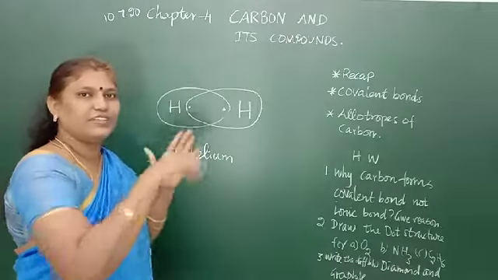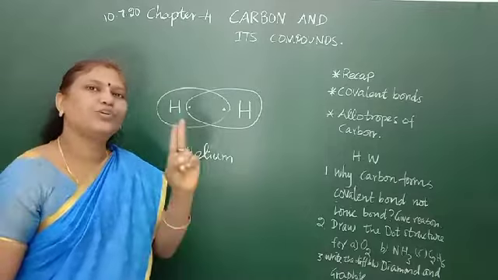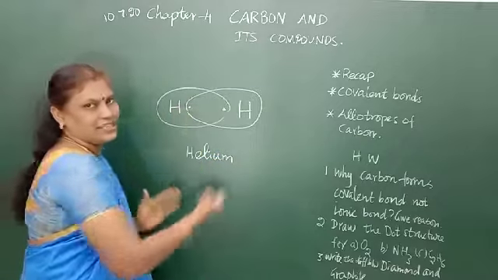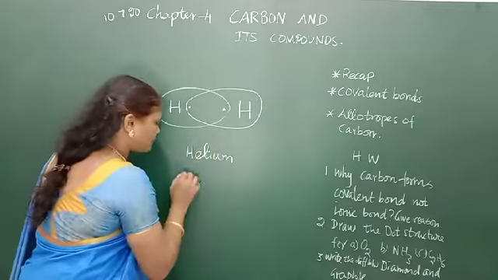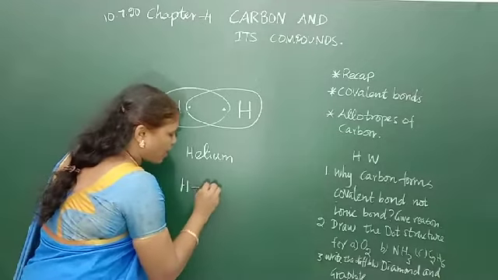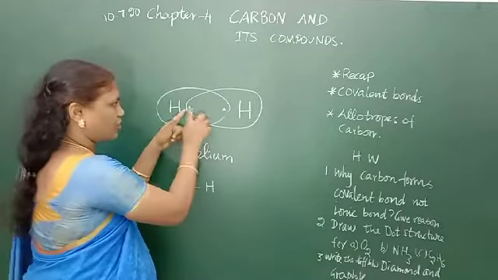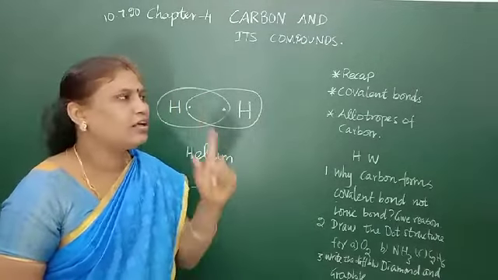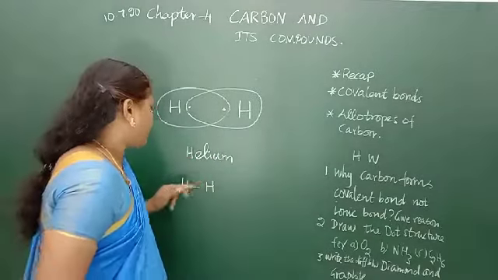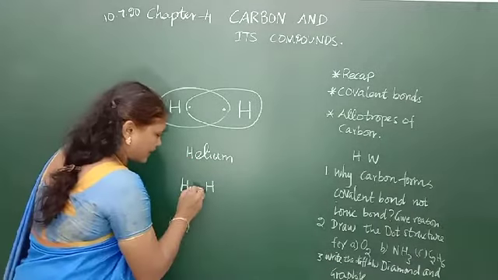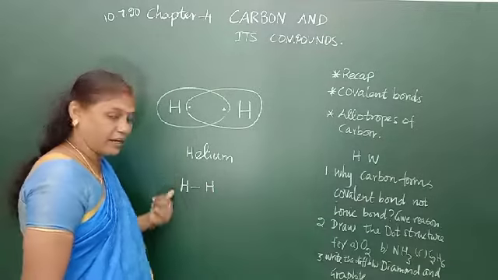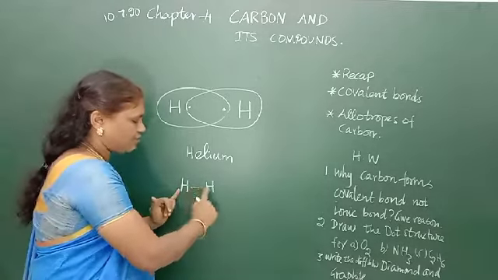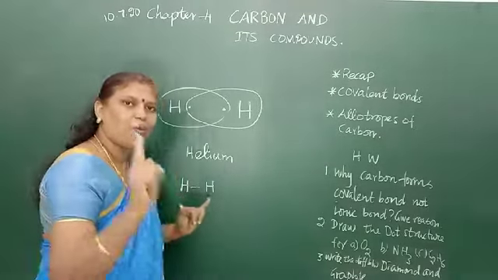So in order to fill the first shell, how many electrons are needed? 2 electrons are needed. So in order to satisfy that, they share their electron and they will form a single bond. One single bond, okay. In order to have a bond, they need 2 electrons. How many electrons do they need for a single bond? 2 electrons. Okay. Now the hydrogen and hydrogen, they have shared 1 electron from the other atom. So this hydrogen atom is sharing with this hydrogen atom, and it is forming one bond.